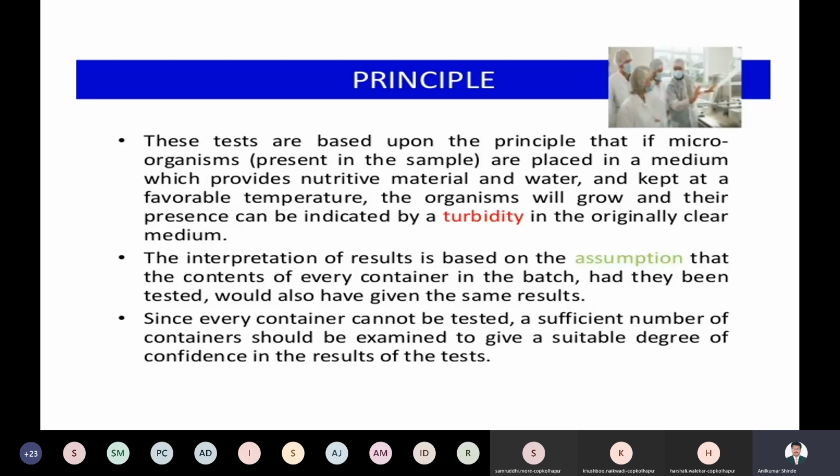Half the quantity of that. Then solidify this. After solidification, we can transfer your microorganisms or the test solution, and this test tube, which is closed with a cotton plug, is kept in the incubator for 24 hours. After keeping it in the incubator for 24 hours, what will happen?